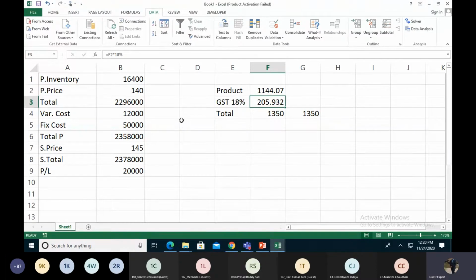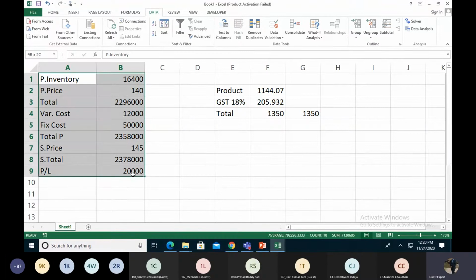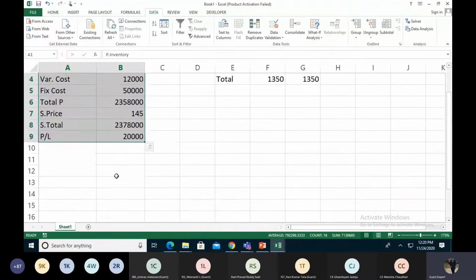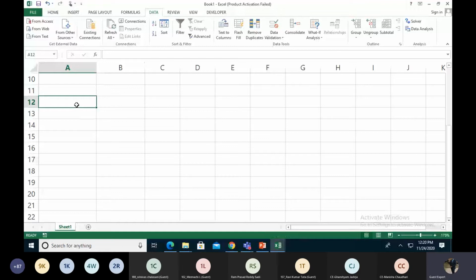In yesterday's session we did this kind of inventory program. We are also making very complex inventory programs, and we are using the Goal Seek so it can give an exact result for us, as well as using the data table. So I'm repeating one more kind of data table.